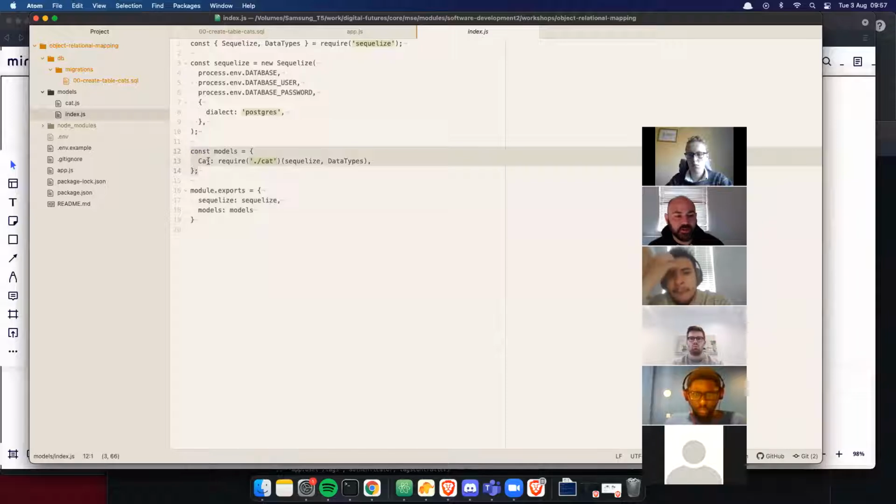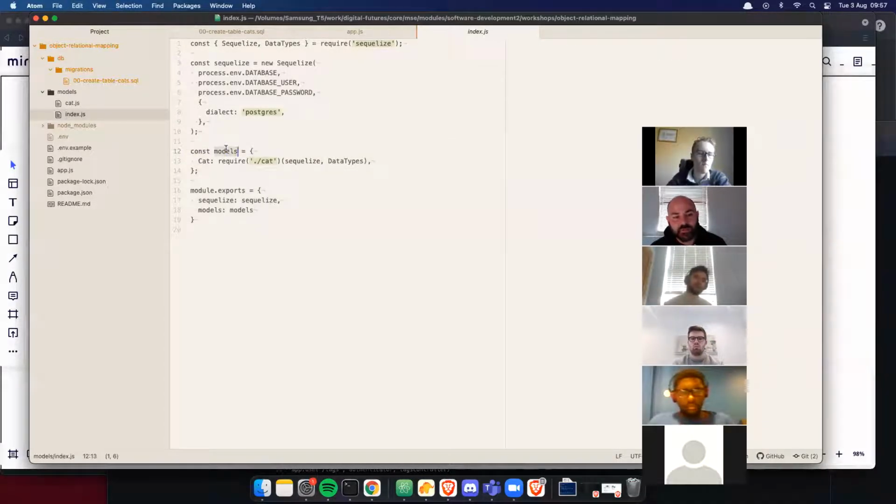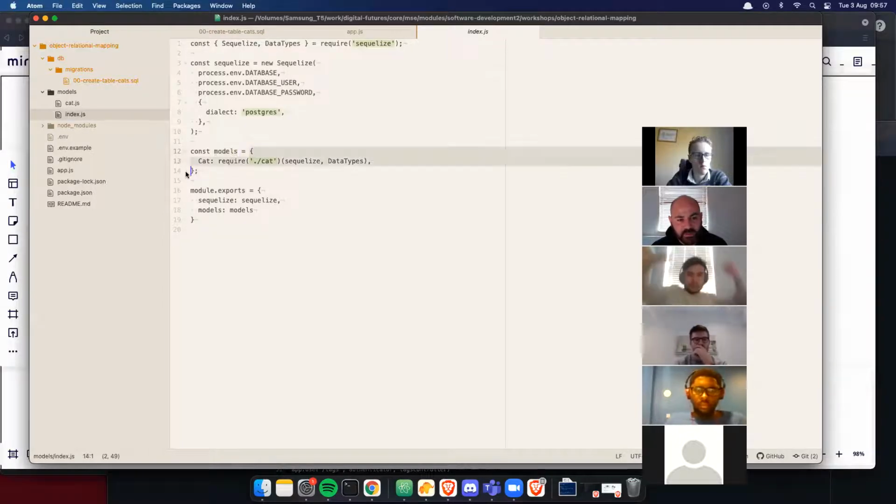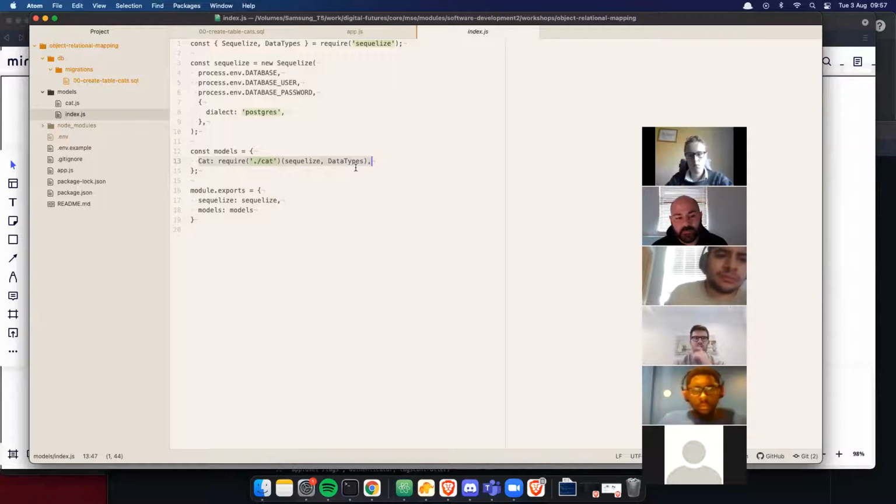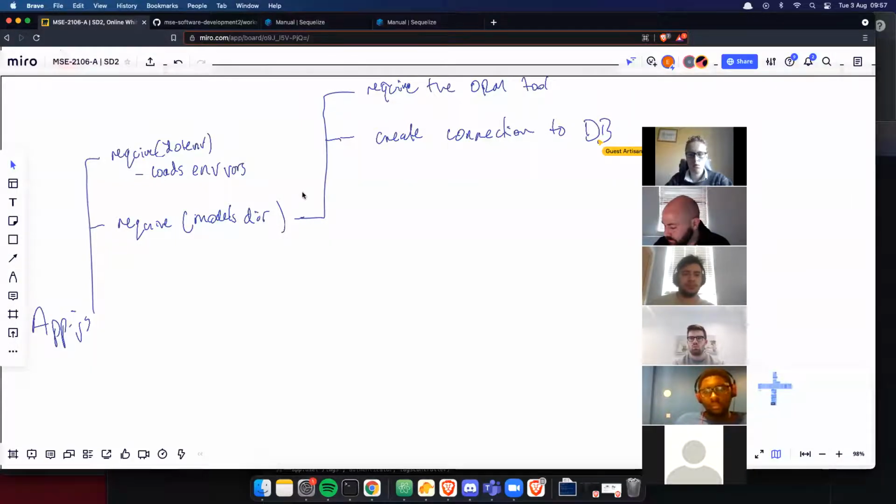And we also store in a models variable this object. And this object consists of importing the module from cat. So this is what we'll have a look at next. So let's add this in here. Create models. In this case, we're just using our cat.js